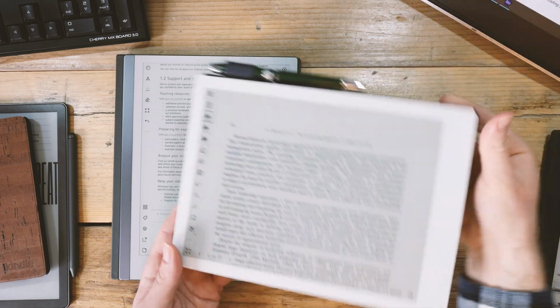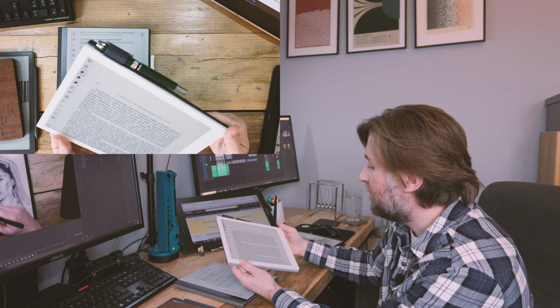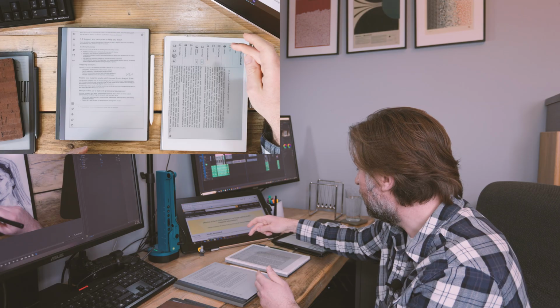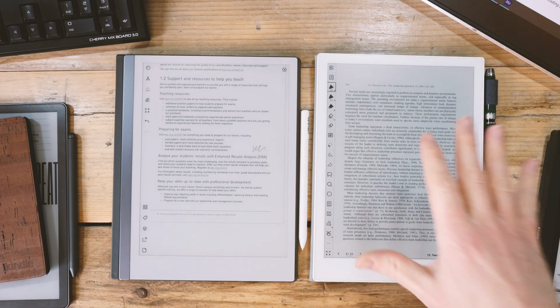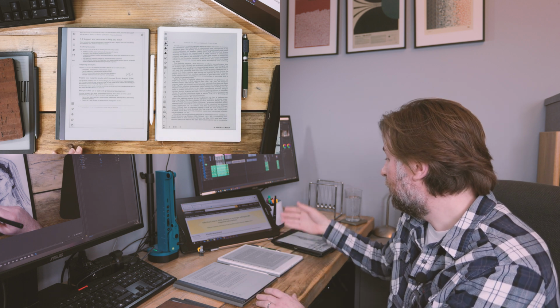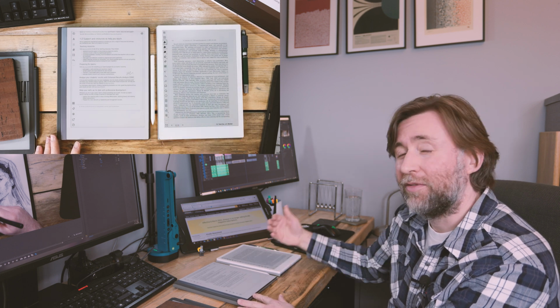Again, you can do a landscape view, which is going to allow you to read PDFs. But both of these tablets essentially stop at the PDF. PDFs are really sort of as far as you can go in terms of reading. You can do EPUB on here as well, but generally you're going to be limited to putting PDFs here via an app, via the cloud, because you don't actually even have a browser where you can go and grab them and download them directly from the internet, which is how I tend to find my PDFs and put them here